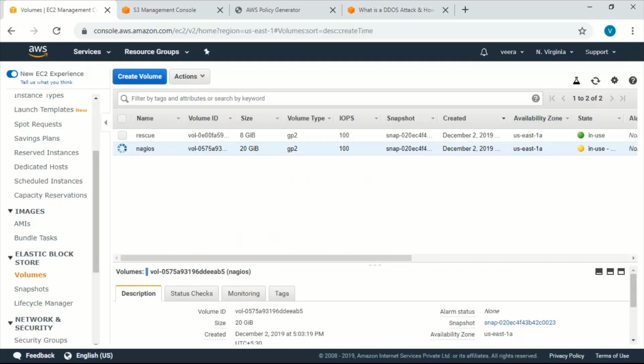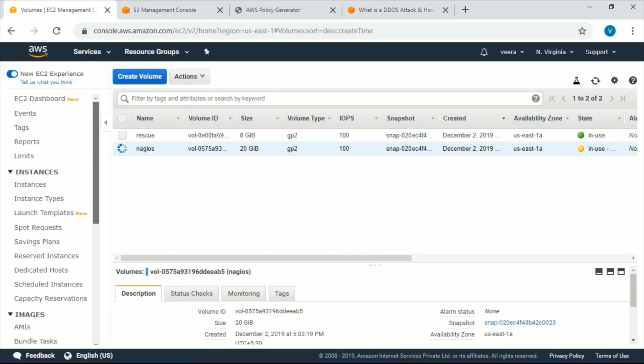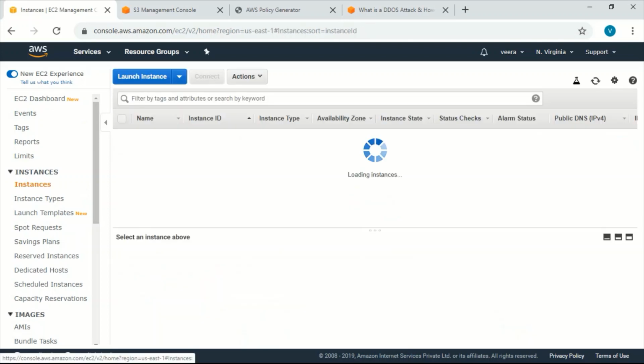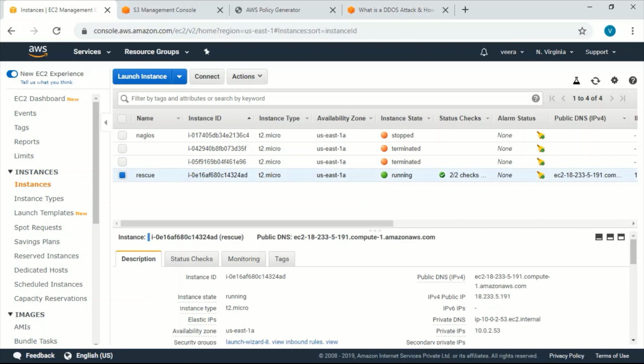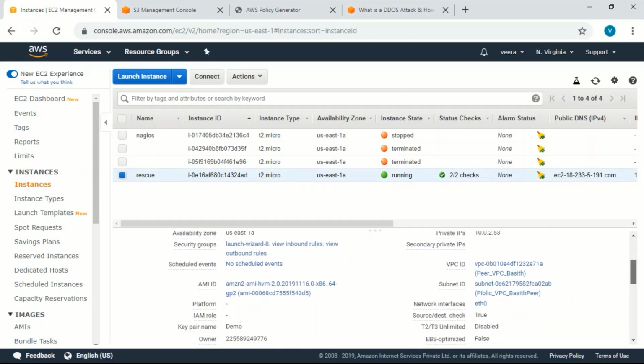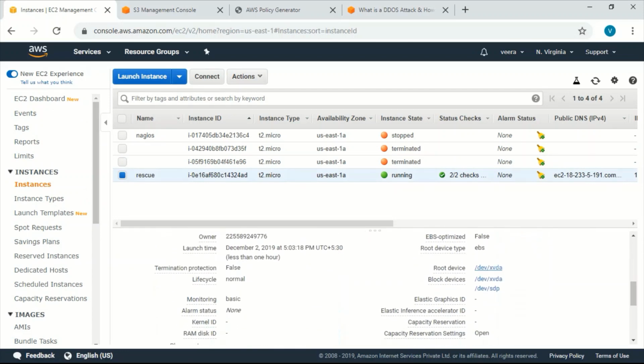So now the rescue server has both EBS volumes. So now you can get into the rescue server and then copy the authentication keys from